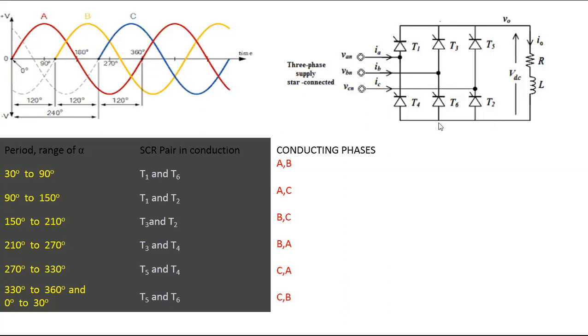We get how many SCRs now? T2, T6, T4, and this order is predefined. Always remember, the upper SCRs are 1, 3, 5, and the lower ones are T2, 6, 4. This order, never forget this order: 2, 6, 4. Even and odd SCRs. Now, 1, 3, 5 for the positive half cycle, 2, 6, 4 for the negative half cycle. Now you tell me all of you, I hope now the positive side above the axis is understood.